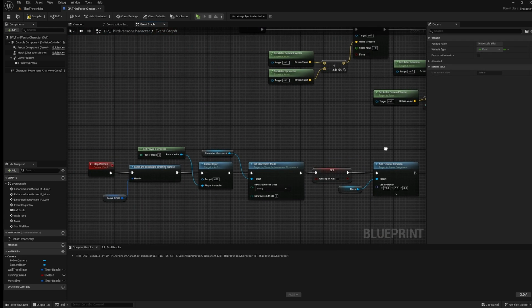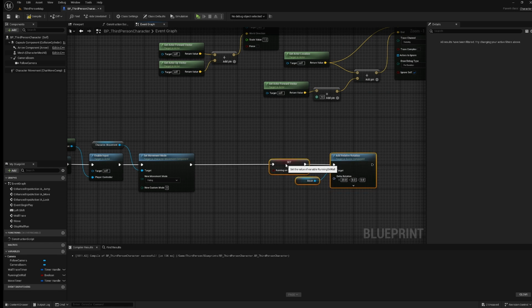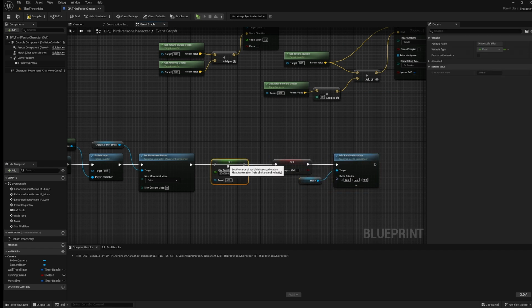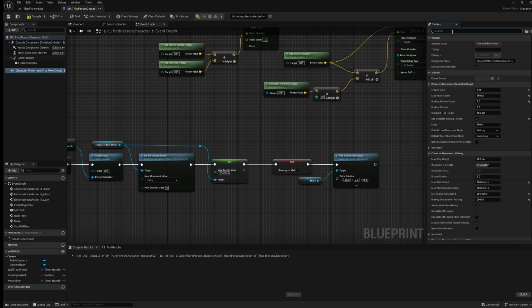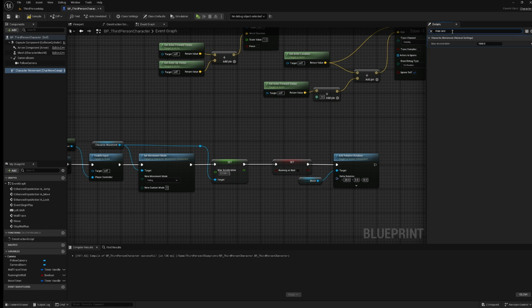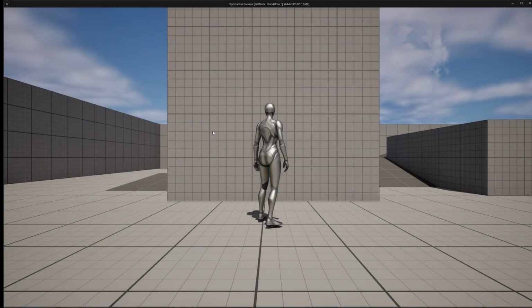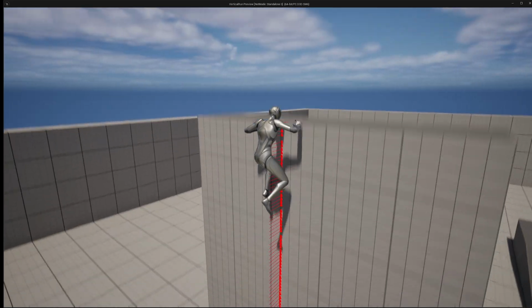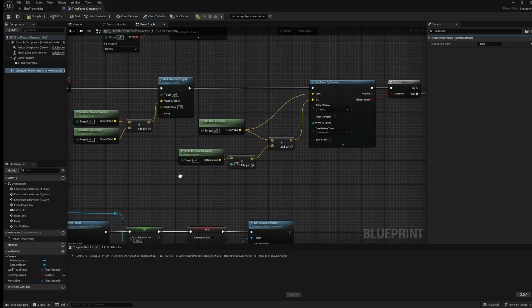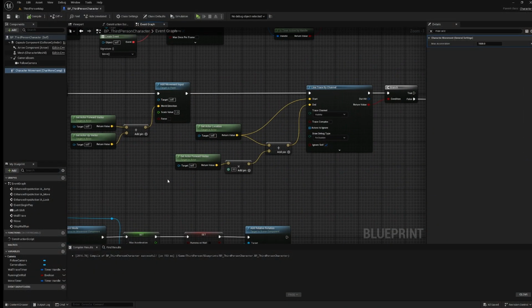We just need to go back down to our character's movement and set that to be back to normal, if our max acceleration is only 1500. So now we should have a really quick run up. And then next,